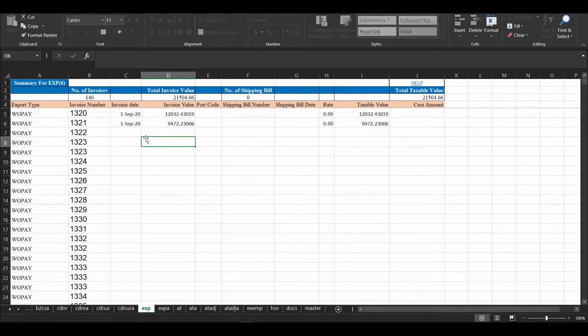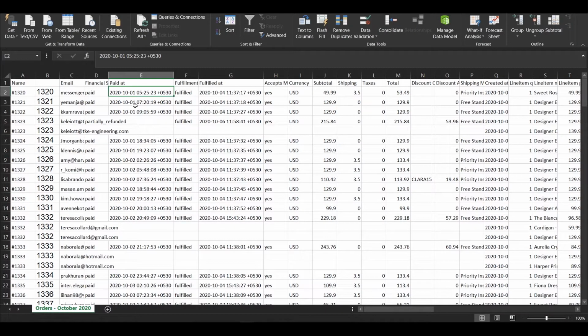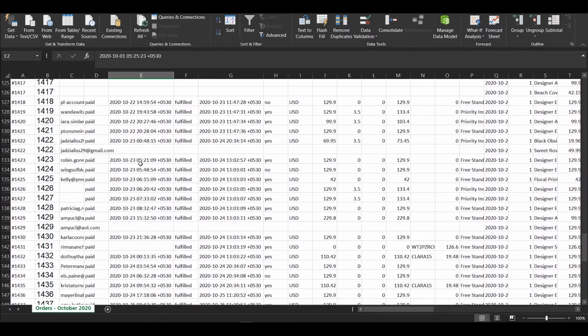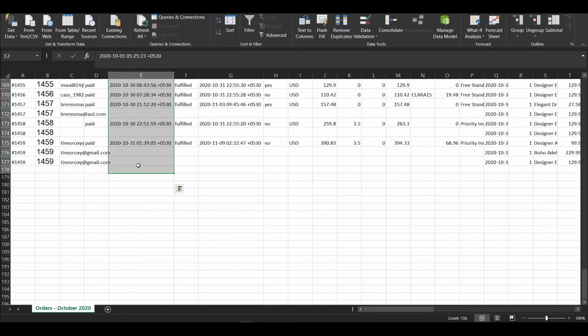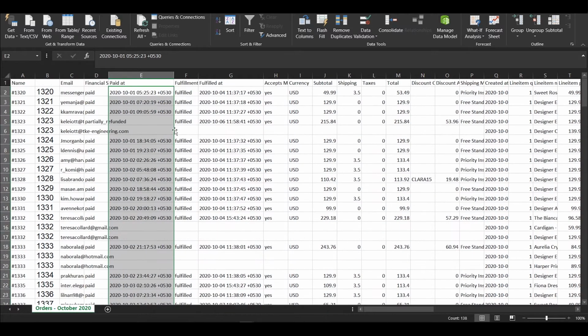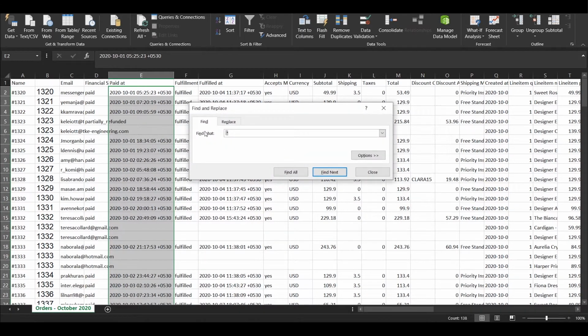Now guys, the invoice date required for our GST is in this format, and if you can see in the orders list, it is in this format. So we need to change this format to another format. Now what we'll do is we'll select the first cell, we'll scroll to the bottom, and then to change the invoice date format, press Ctrl+F or Command F if you are on the Mac.